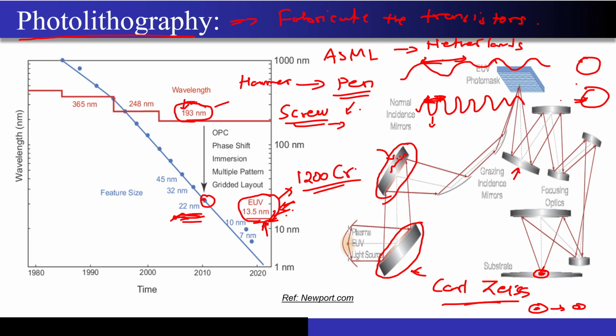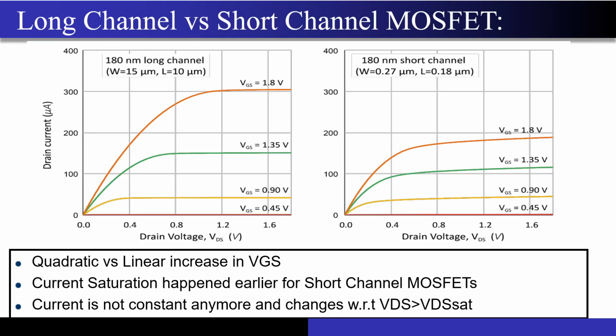Correct? So I'm just giving you an analogy for why light having a smaller wavelength can have dire consequences if you have the same irregularity coming from the setup you made for the 193 nanometer wavelength of light, which is used for the lithography process. Correct? So I hope it is very clear why the cost goes up for the equipment if you are trying to fabricate transistors operating at 3 or 5 nanometers.